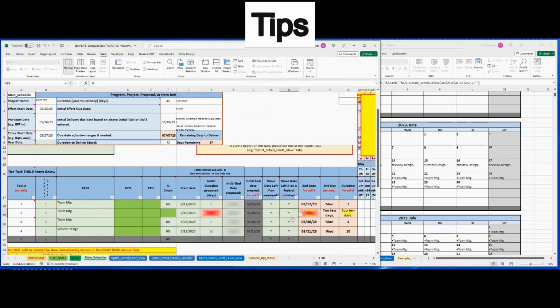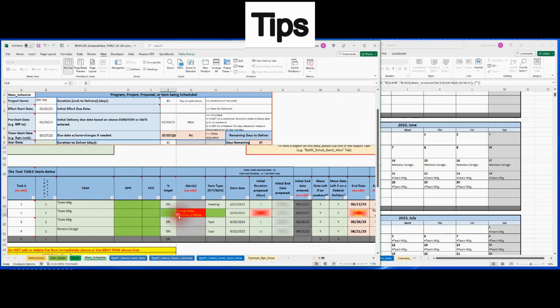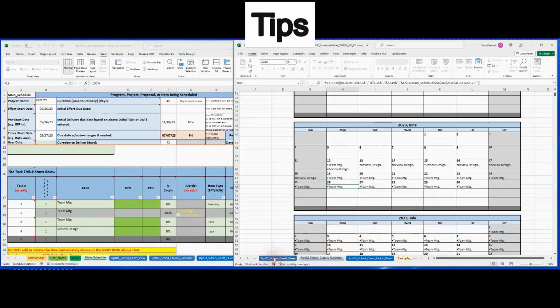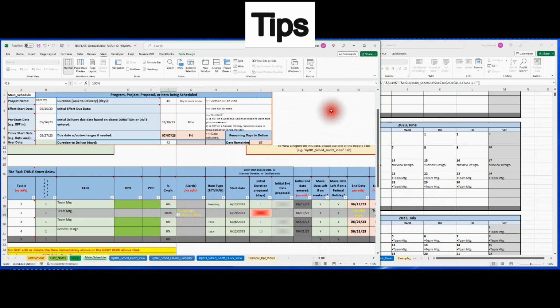If you select to have everything move off a holiday, then you're just going to have to decide, I don't want this, and then just simply set your, I'm going to scroll to the left here, set your % complete to perhaps for that one line item. If you say 100% done, it'll gray out that row, and then on your Gantt view, which I'll actually enlarge